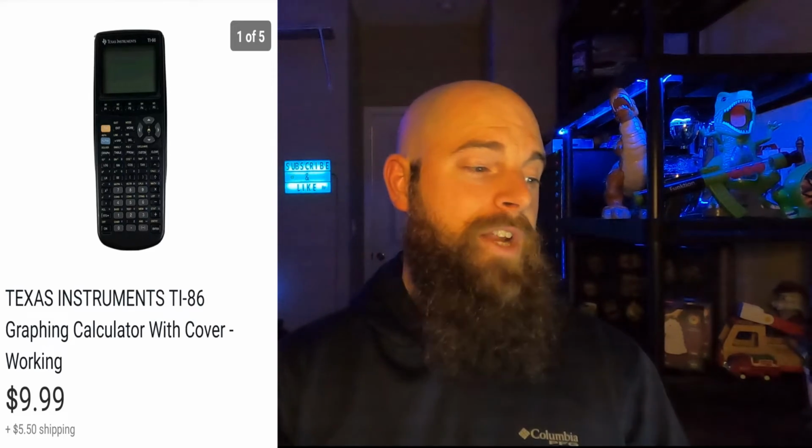This is a Texas Instruments TI-86. This was a working calculator, and this just shows you right here, this is the going rate for this scientific calculator, is that scientific calculators now, if it's not that TI-83 Plus or Silver or Platinum Edition, they really don't have much value. So if you're at the Goodwill and you just see a Texas Instruments calculator and you're like, oh, I'm going to buy it, but it would cost $5, but it was a TI-86, it really wasn't worth a whole bunch of money, but this did go for $9.99. The buyer did pay shipping. I have $1 into that, but I'm already good on the lot that I bought it in,